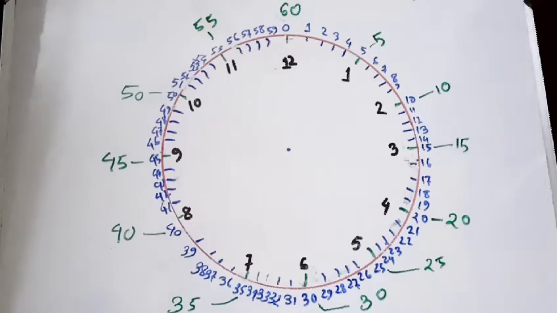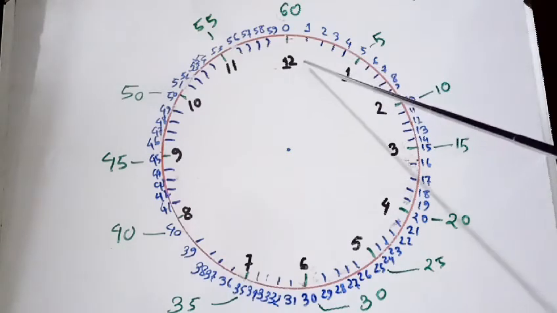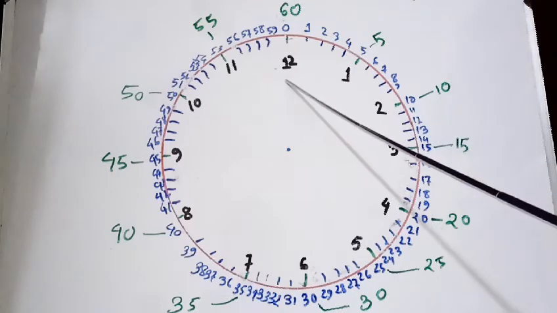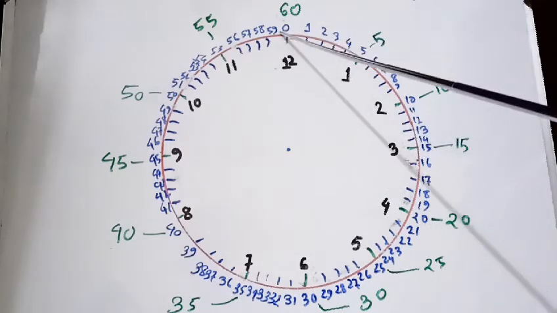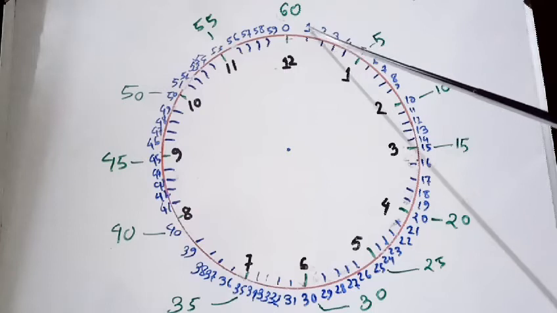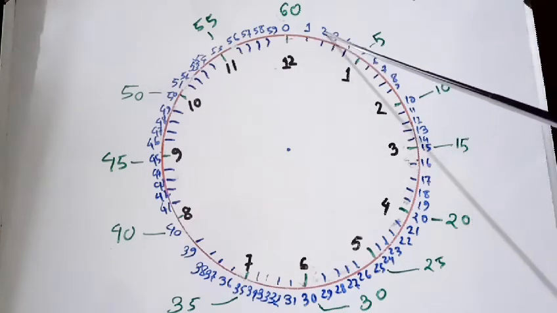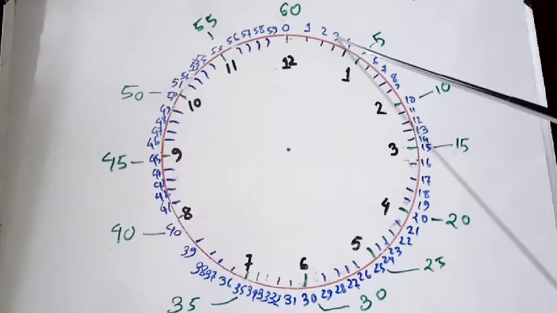We are going to learn time measurement today. We usually measure time by clock and calendar. Now, on this clock, these 12 numbers, 1, 2, 3, represent hours, and these small numbers and small divisions, 1, 2, 3, 4,